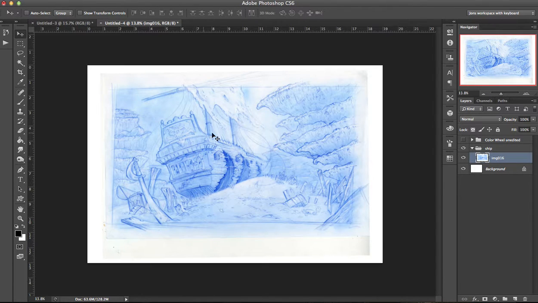And so what I'm going to do with this image is I'm going to make a copy of it. So it's going to be Command J, and so that made a copy of this layer. If I undo that real quick, Command Z, all I did was, there's another way to copy: if I click and hold and drag the layer I want to copy, I can bring it down here to the new layer button. So this is new layer. If I click and hold and drag, it makes a copy. It's the same exact thing as Command J. So the other way is you just select the layer that you want and you just press Command J and then bam, it makes a copy. So anyway, I'm going to Command J it first, and then the next thing I'm going to do,